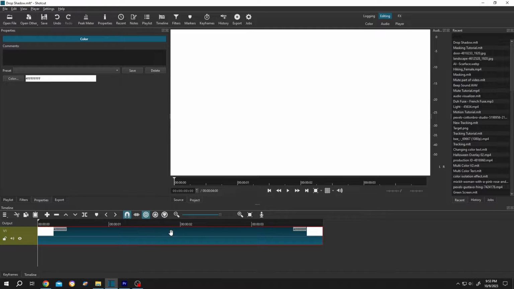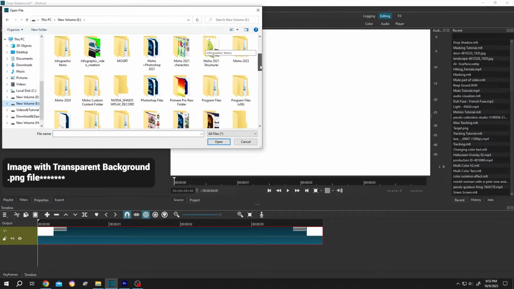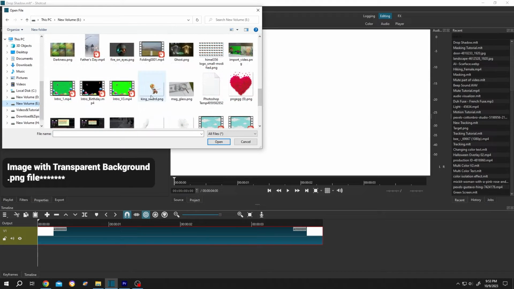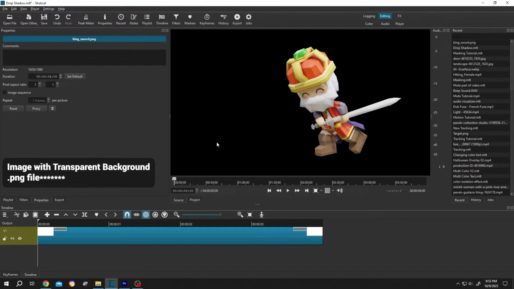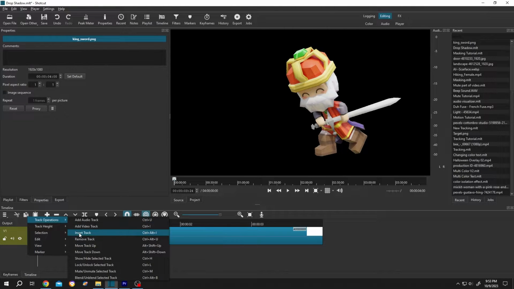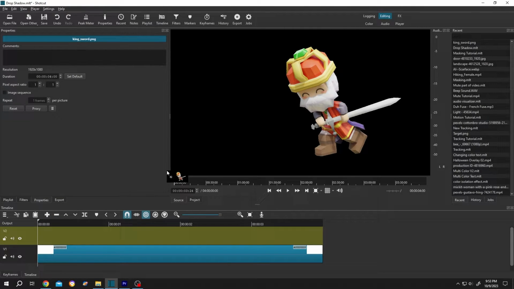So guys, we have our background. So let's import our image. Open file, select the image you want. Suppose this one, then press on open. Let's make a new layer: right click, track operation, insert a new track, left click, drag and drop to the